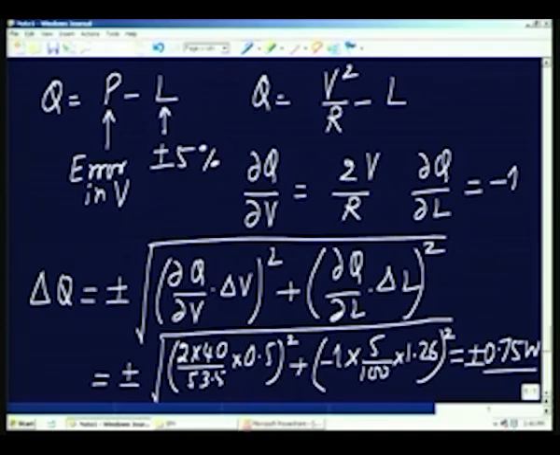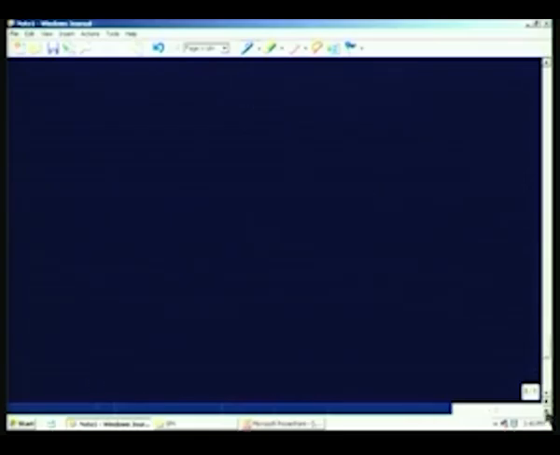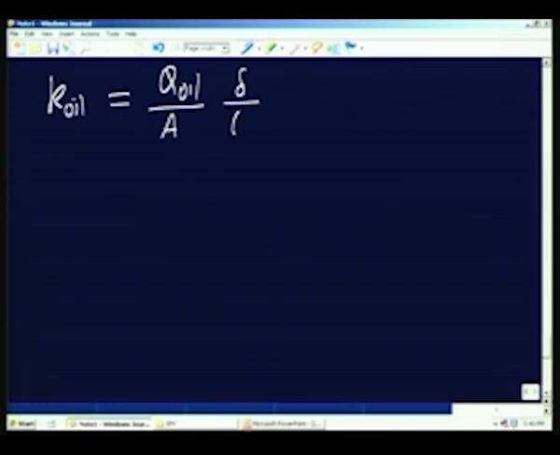So, now I think we have all the things which are required to determine the error in K. So, we can just go back to the expression and see K of oil is Q passing through oil divided by the area available for heat flow multiplied by delta divided by theta. A and delta do not have any error in them. Therefore, all I have to do is, this is also in the form of a product of quantities divided by product of quantities. So, I can use the logarithmic differentiation,